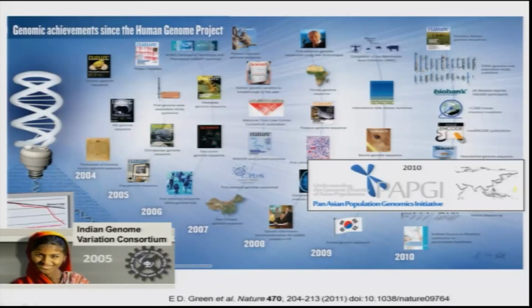Likewise, there was a pan-Asian population initiative, meaning all the Asian countries, including India, China, Singapore, Japan, Indonesia, and Malaysia, joined together to sequence and understand the variations within the genome of Asian populations, because a lot of migration has happened between the populations. Therefore, that would help us understand the similarity and difference amongst the populations, and